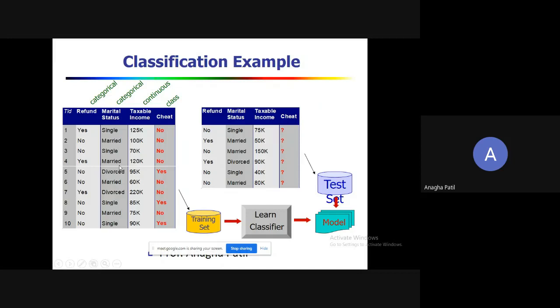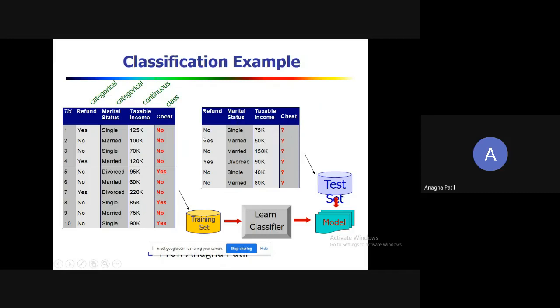And the second rule is what? Whenever we get marital status as divorced, okay, at that time we are getting the class label as yes. And the rest of the times the class label would be what? No. So let's say accordingly we are going to train the classifier and those rules would be there.